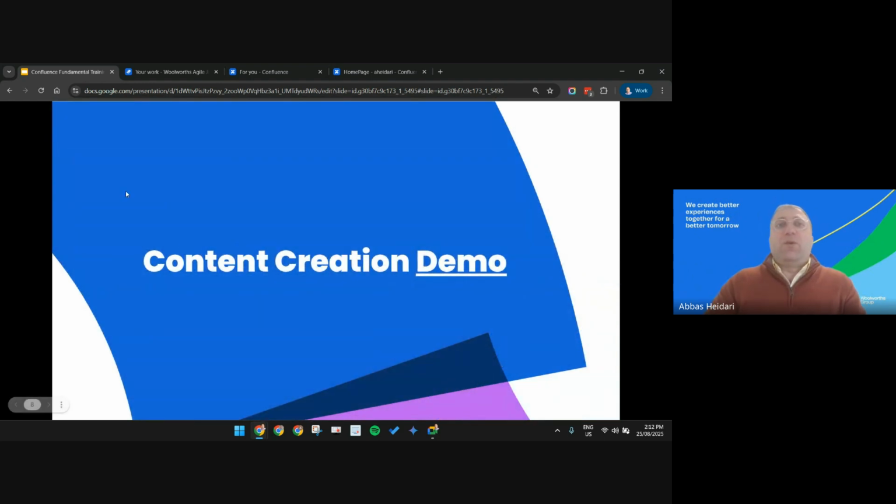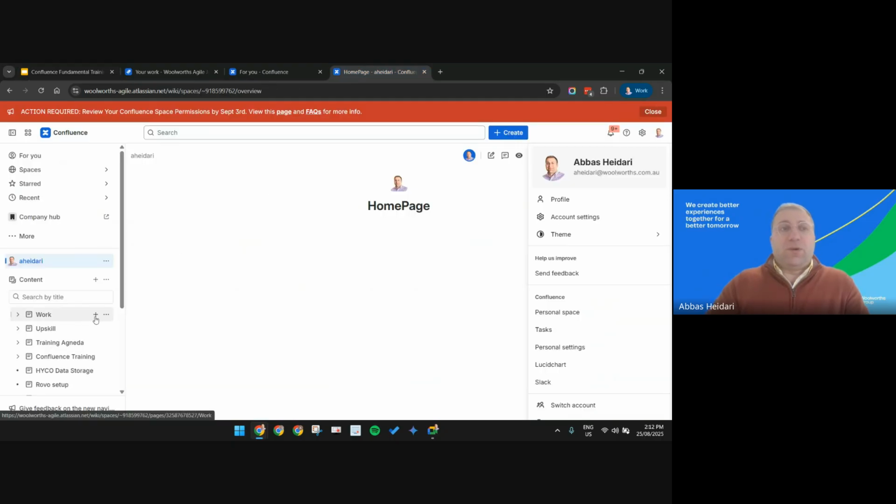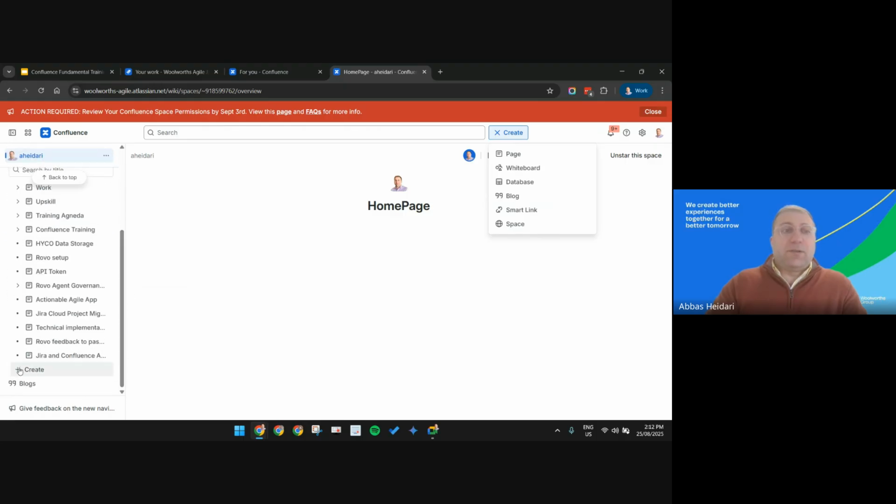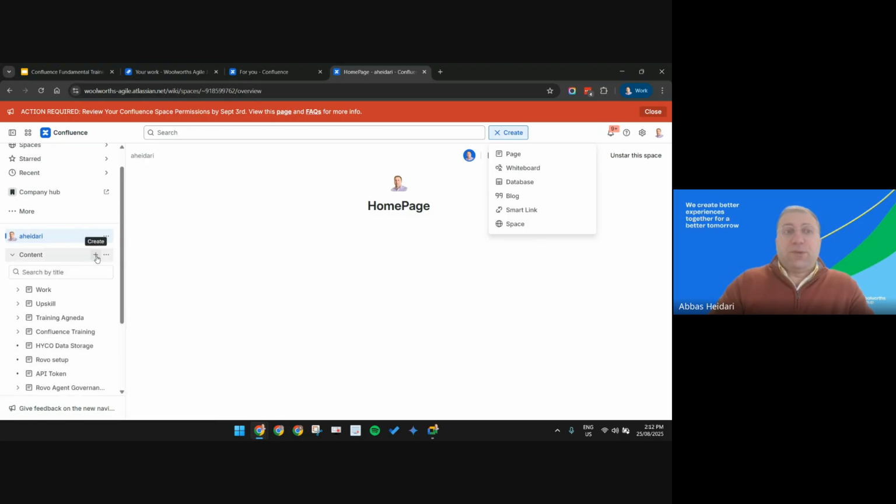Cool. So now that we know there are different types of content, what I want you to do is to create content. As you can see on my screen, there is the content here. There is a plus button here where I can create the content. It asks you which type of content you want to create. I can also click on this create button here, and underneath here I can also create content. So you can see there are 3 places where I can create content. For this purpose, I'm going to use the button here,